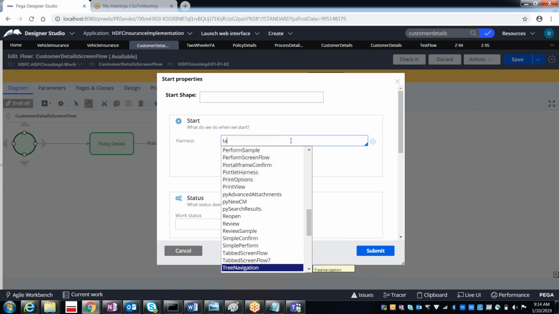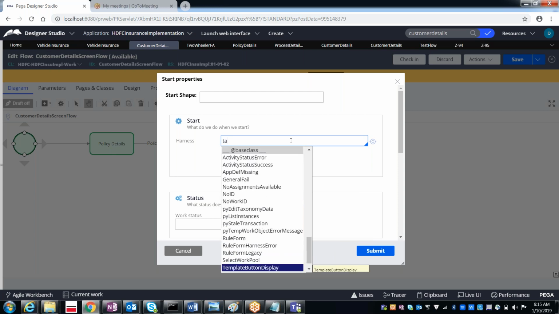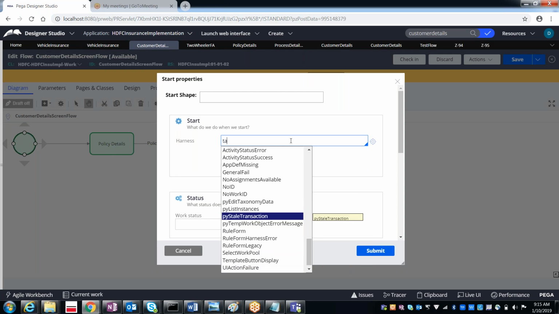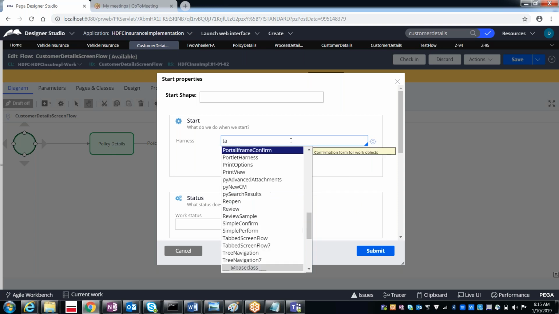So like this, there are n number of harnesses. If you want, we can try them out. But generally for the screen flow, we can use tabbed screen flow and tree navigation 7. For other things you can try them out, but most probably they are not very useful, like rule form. All these things are available, but mainly we can concentrate on the